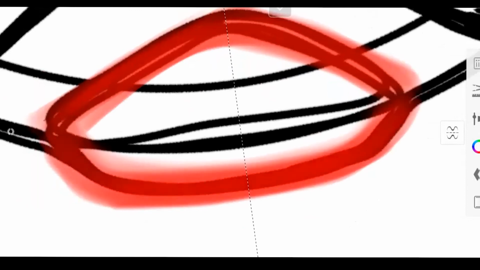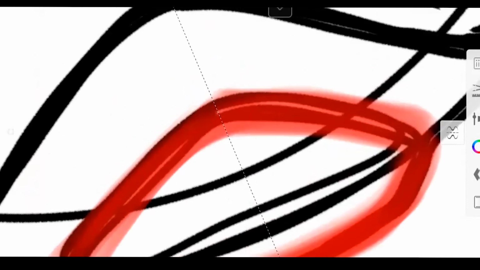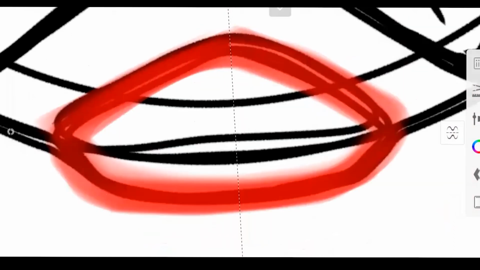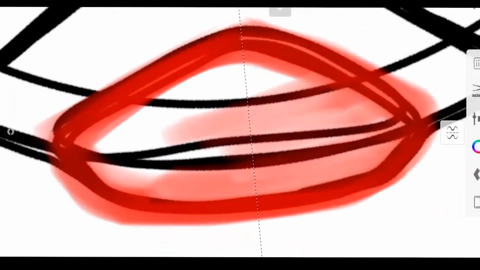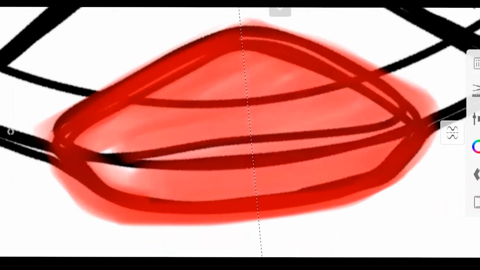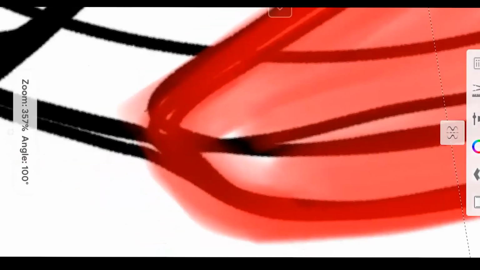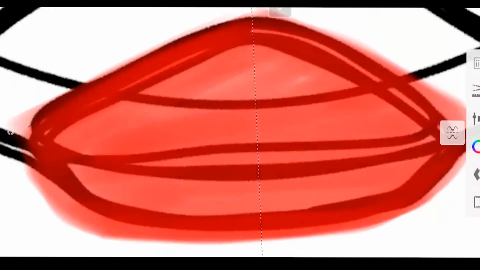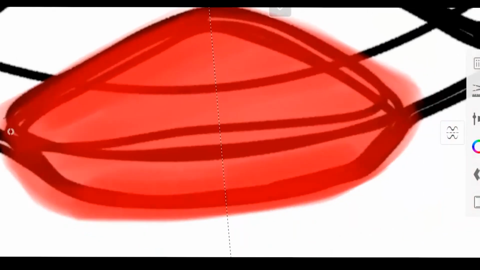So in the previous green one, I overlaid the sketch and did it in the general layout itself. But this time I'm going with a separate layer. I could have used the first layer itself, but then it would get mixed up and create a little mess. So that's why I opted for doing it separately.